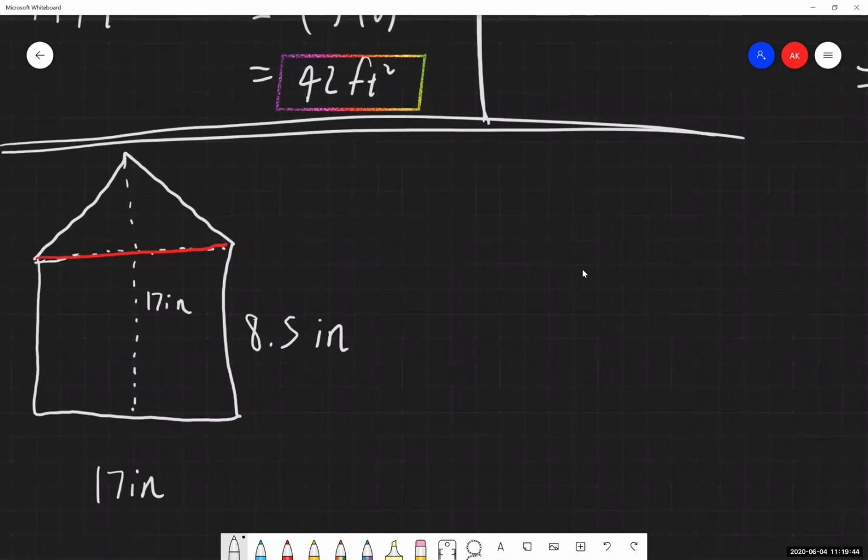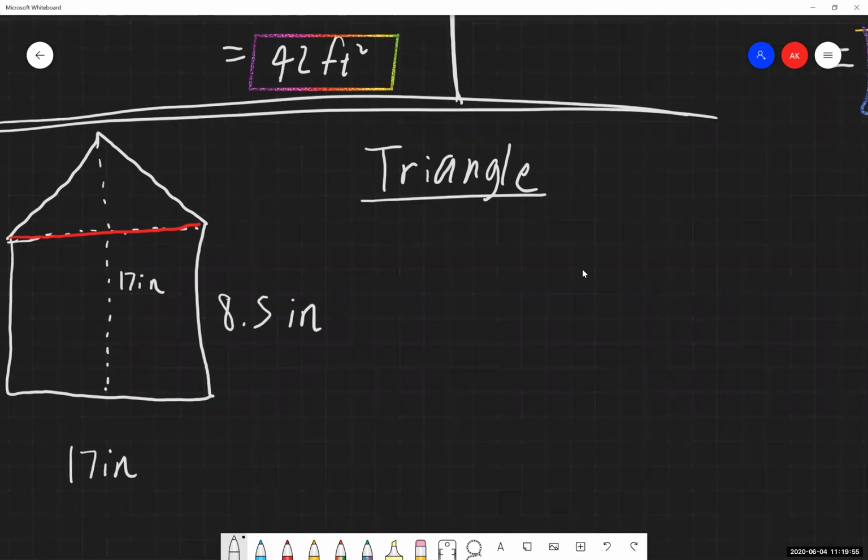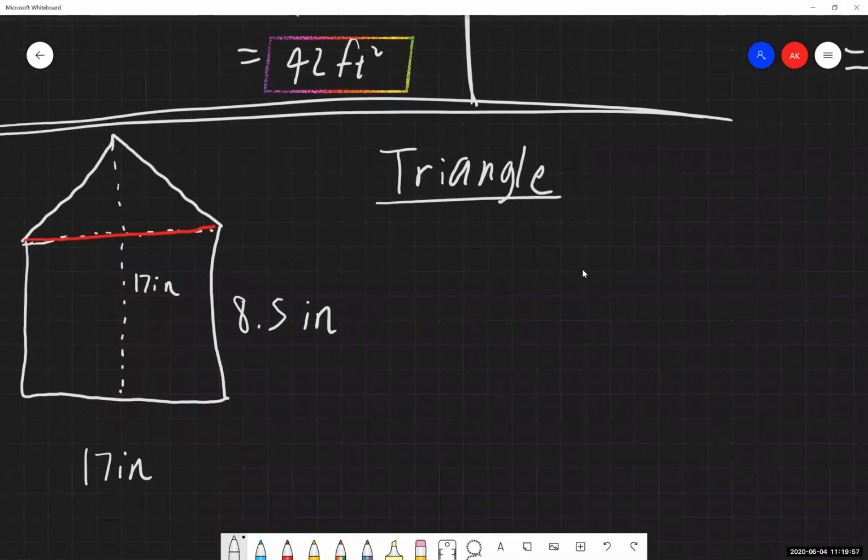Now the question that might come up is, okay, let's work with the triangle first. And the question that hopefully some of you may be asking yourself is, okay, I've got the equation that tells us it's 1/2 base times height. Great, that's fine and dandy and all. What is the height of this triangle? Meaning, what's the height that we have right here? If you're asking that question, that's the right one to be asking.